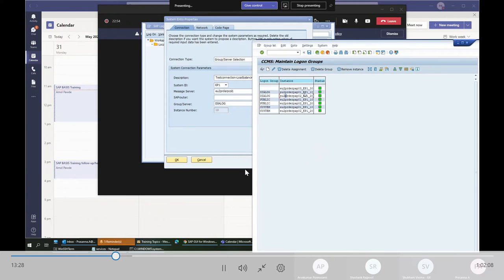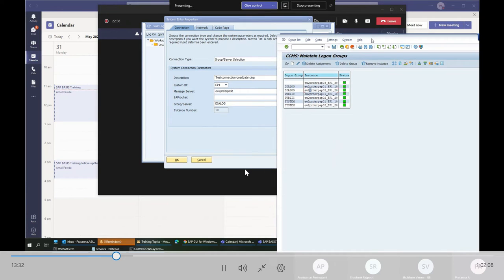Wherever the load is less, whichever server has very good response time or low load, it will log into one of these servers. Similarly, after some time, if I include 03 as well in dialog, then it will choose from any of the 3 servers. Okay, so that's the concept of load balancing.